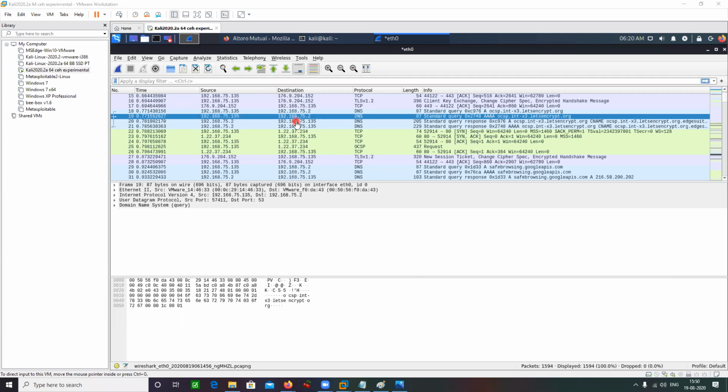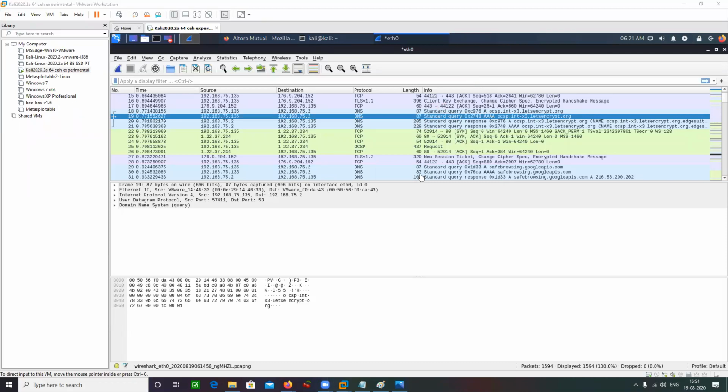That is the destination address here. The protocol, as the name itself suggests, is going to tell you the type of protocol that is being used by that packet. And then we have the length of the packet, and then some more brief information about the packet.